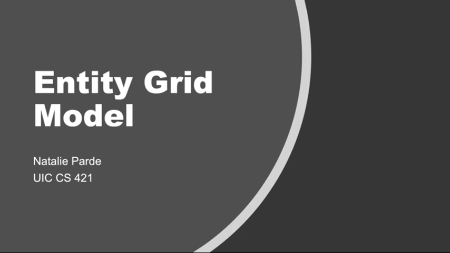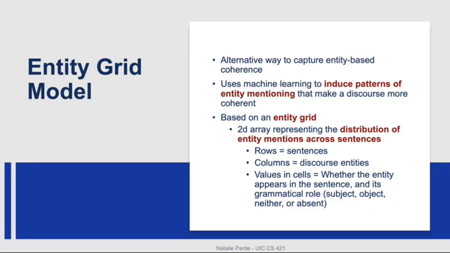In this video, I'll introduce the entity grid model. I'll provide some background intuition and then show how it can be used to compute probabilities for different transitions between entities. The entity grid model is another way to capture entity-based coherence based on patterns in the way that entities are mentioned. The approach is based on an entity grid, which is a two-dimensional representation of the distribution of entity